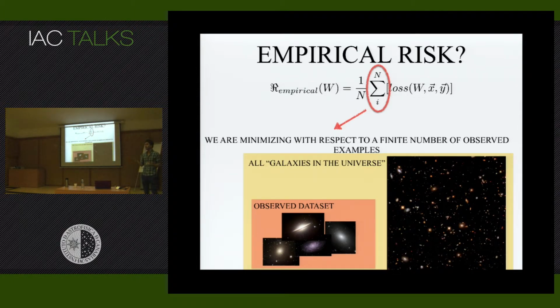And in Virgo, you observe that 95% of the galaxies are elliptical. Okay? And you use this as a training set to separate between elliptical galaxies and spiral galaxies. So what your machine learning algorithm will do, okay, this is easy. If I say that all galaxies in the universe are elliptical, I'm 95% right all the time. So I'm done, okay? And you have a machine that is completely dummy and is saying that all galaxies are elliptical. This is because you are minimizing the empirical risk.